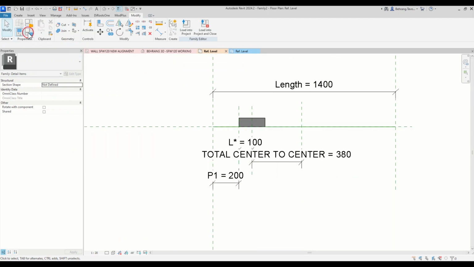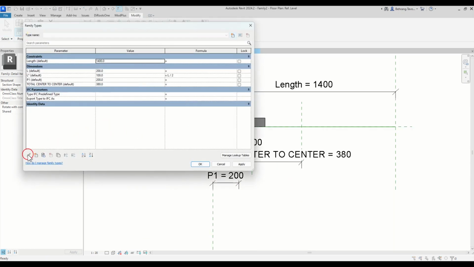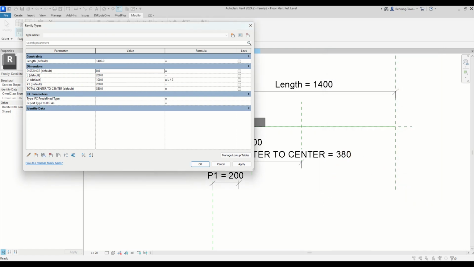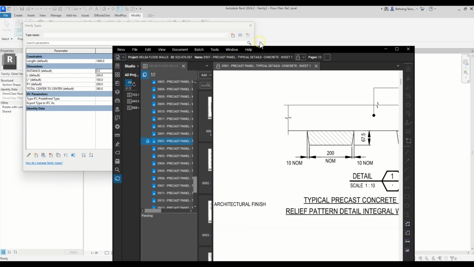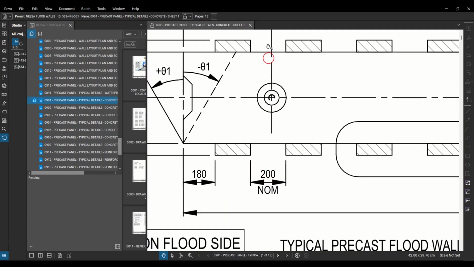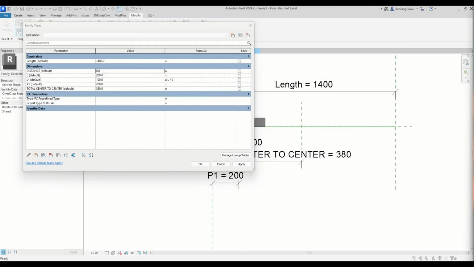What I'm going to do is create another parameter here as an instance, and let's call it distance. And distance would be the distance between the two patterns, which is typically 200. Okay, so I will have a distance here, 200. So then the total center to center,